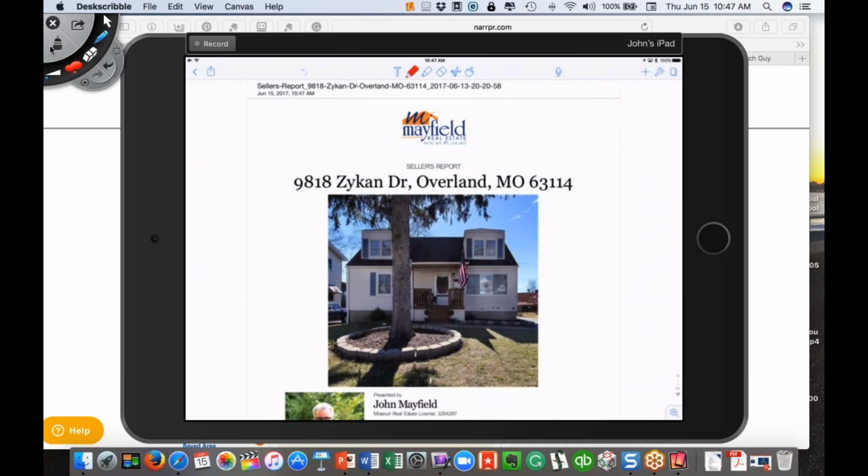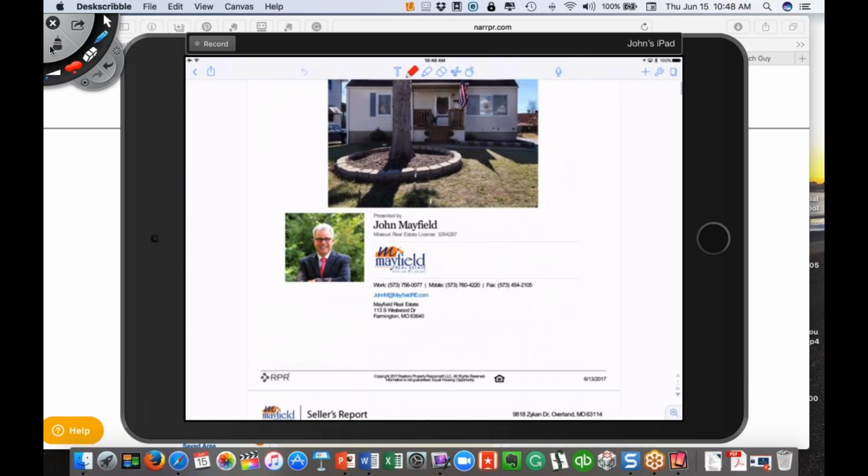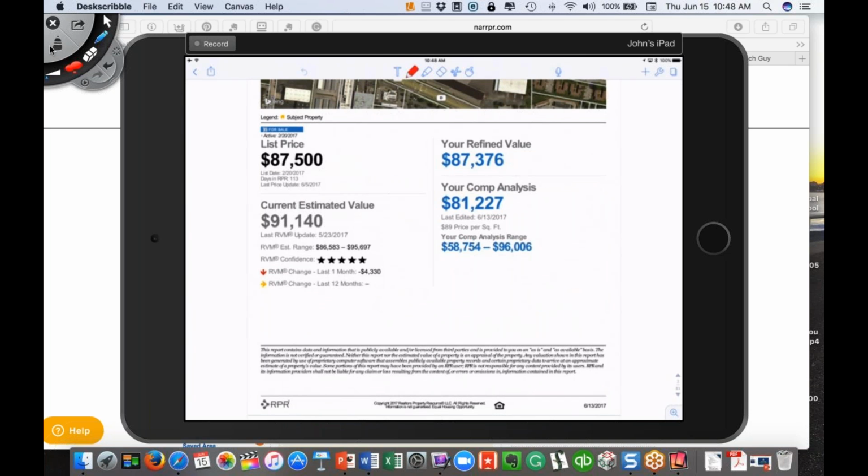Okay, now you'll notice at the top that I can change the color of my pencil. So if I want to change the color of the pencil, I'll leave red. I can also change how big the circle I want. If I want to highlight in a different color, I can do that. And of course, I have the ability to add text. So what I'm actually doing when I go through this report is I like to make some notes. So you might want to just right off the bat say, here's what I came up with, or, and by the way, if you want to get rid of something, you can just hit the undo button at the top. Perhaps you want to say, here is,